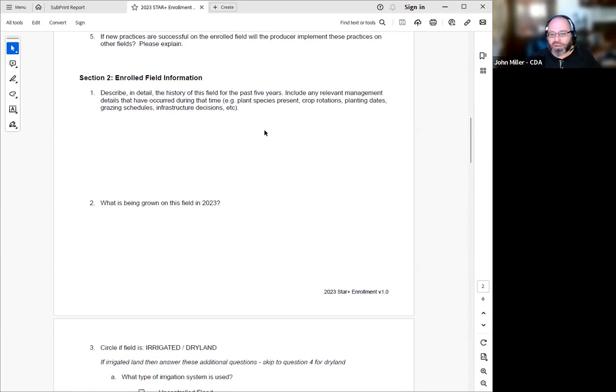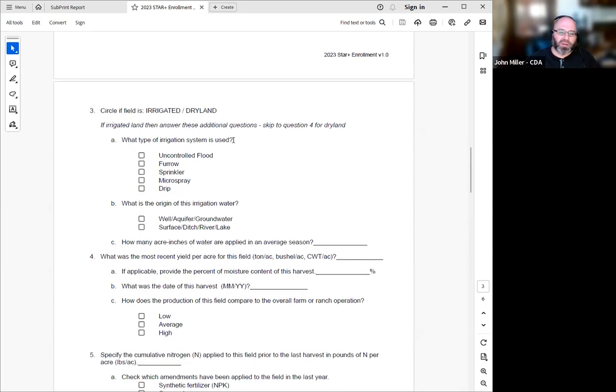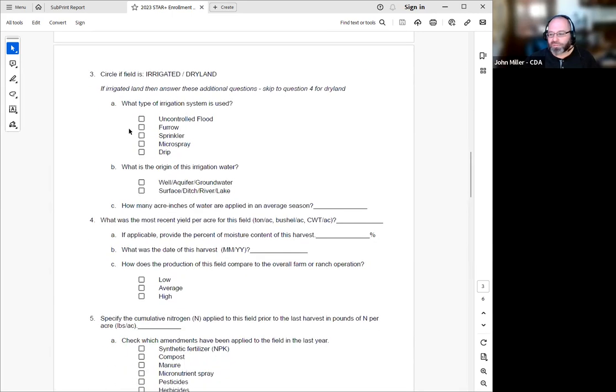This next part, we're trying to just get a history of the cropping. And again, please be as detailed as you can. We're trying to get a history of what's happening on the particular enrolled field for the past 5 years and what they're growing this year currently. And then we just have a little bit of supplemental questions as to what type of irrigation system they might be using, if it is irrigated,